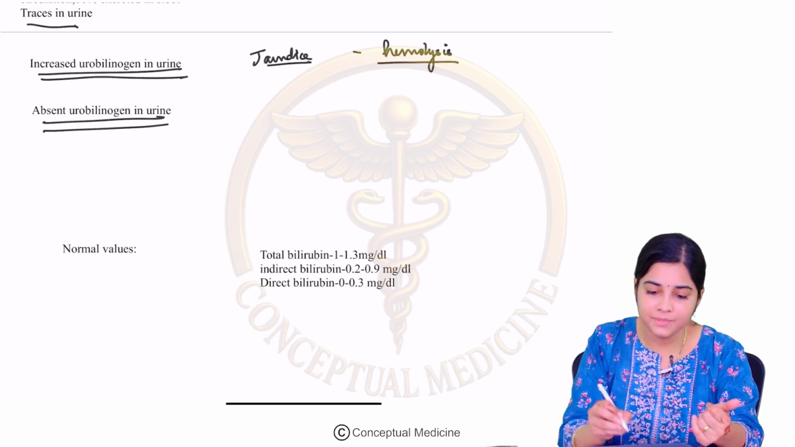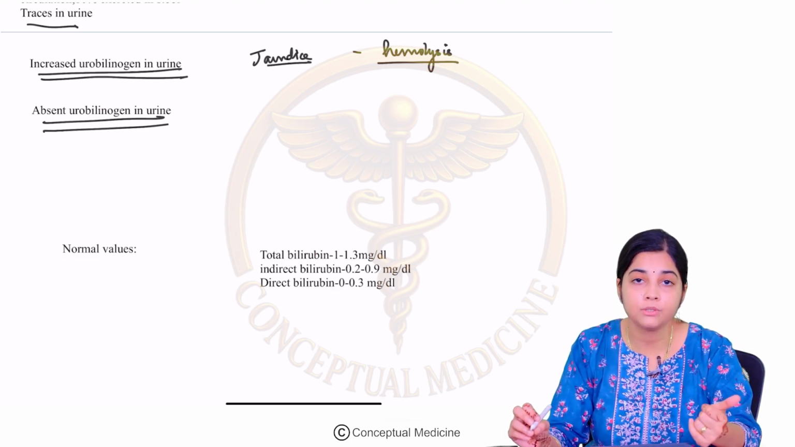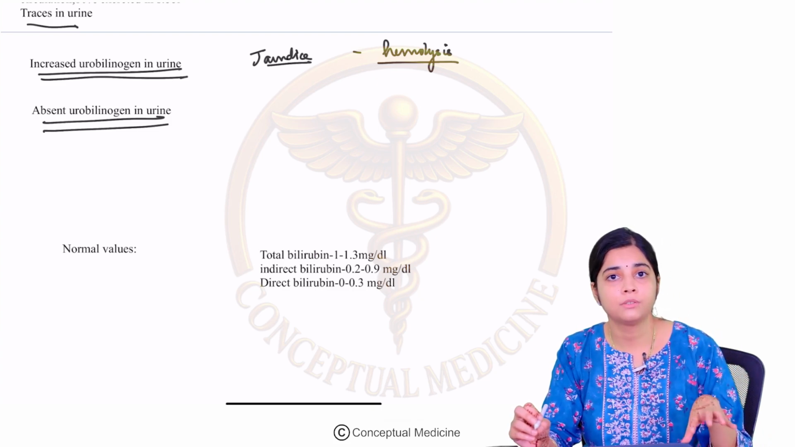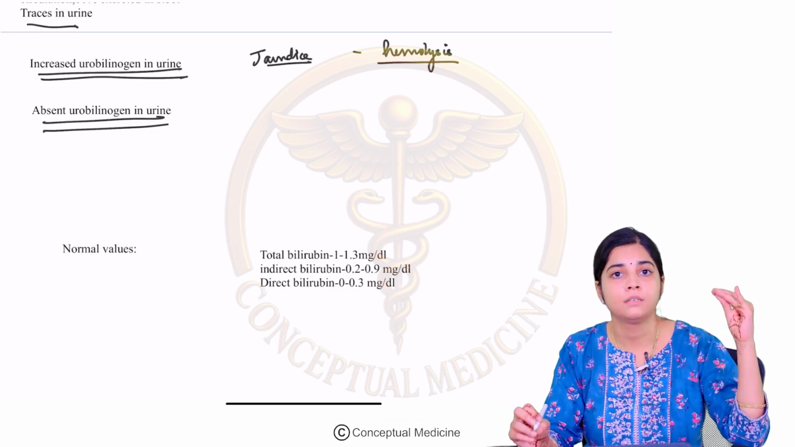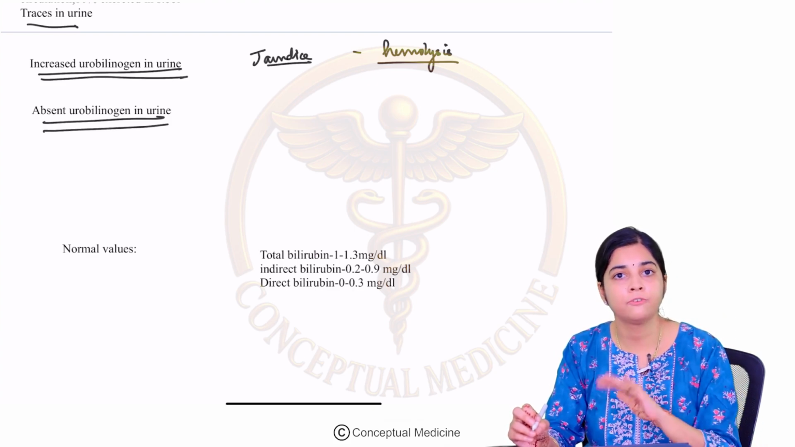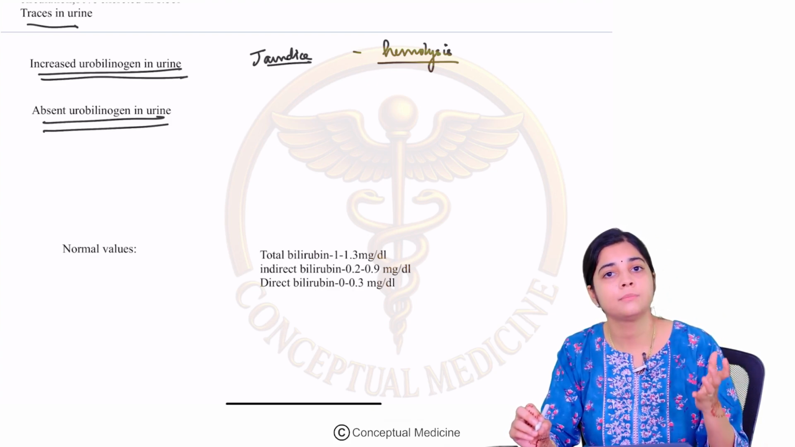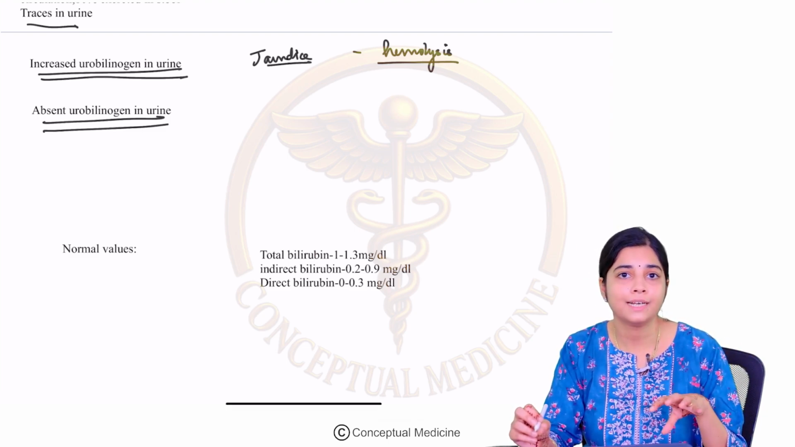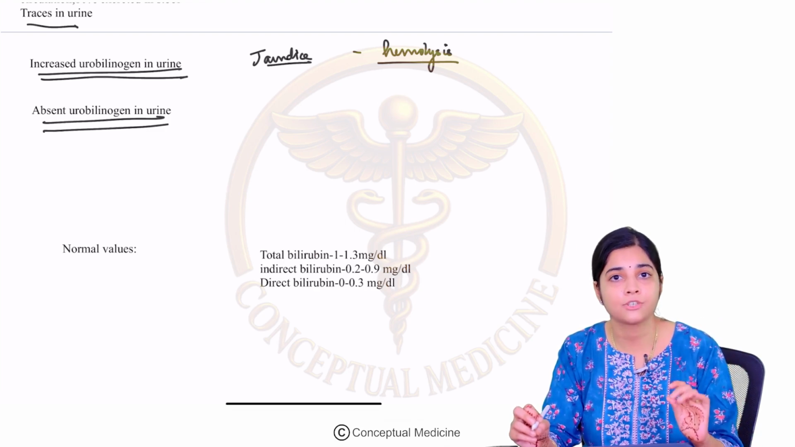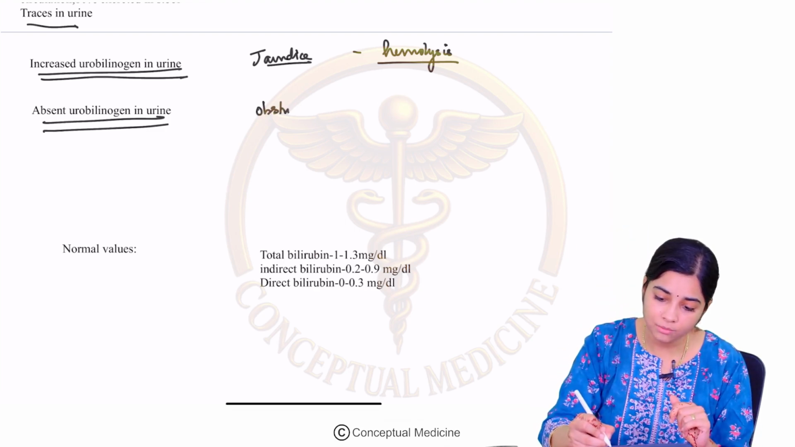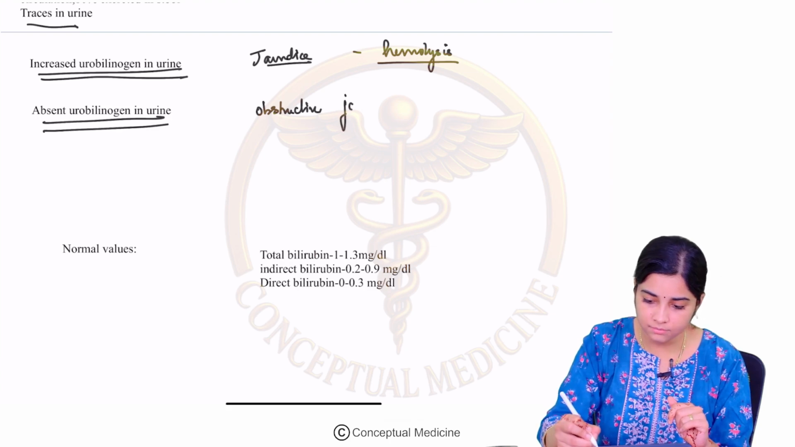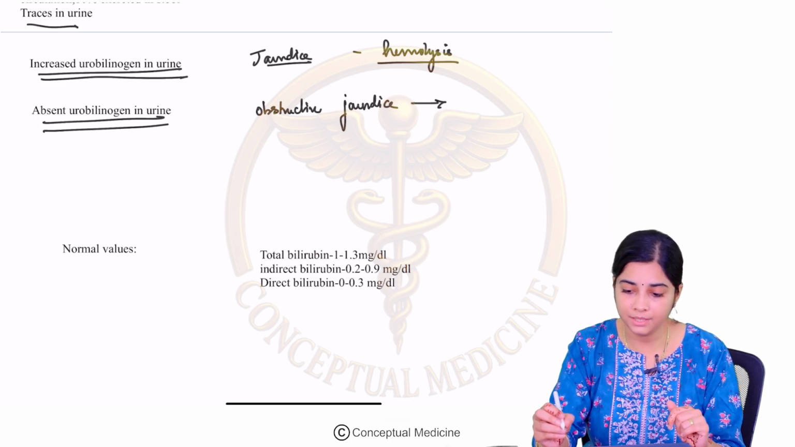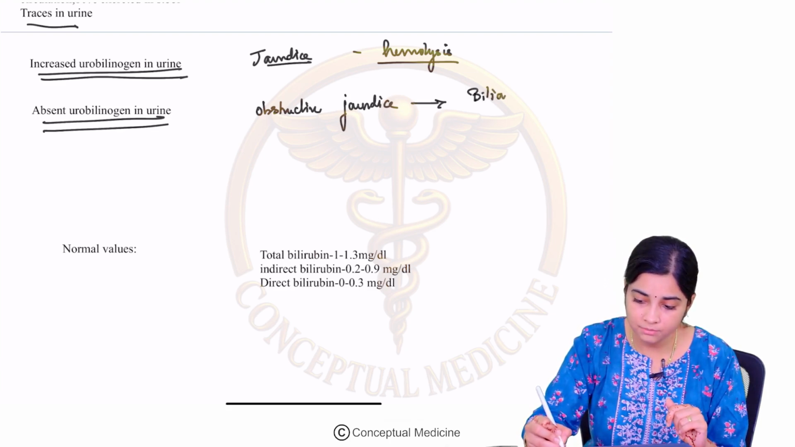When will there be absent urobilinogen in the urine? When will the urobilinogen be absent? We know that for the urobilinogen to occur in the urine, the bile should correctly flow into the intestine, right? So that means that the conjugated bilirubin should appear in the bile. For that to happen, the bile and the biliary tract should be intact. So whenever there is an obstructive jaundice, which basically means that there is a problem with the biliary tract,